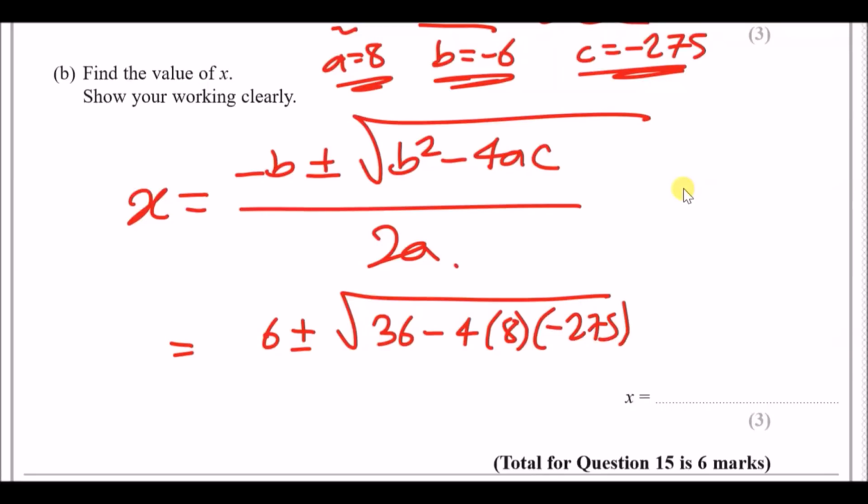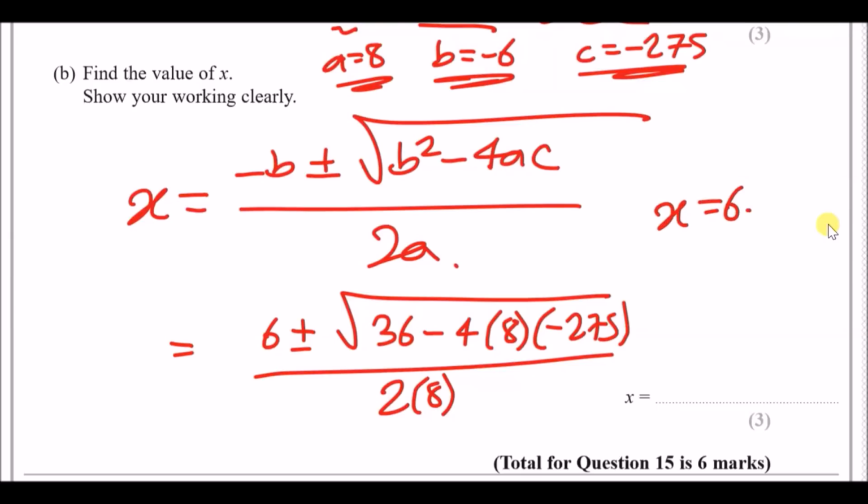So a quick note is to always wrap up your values in a bracket, yeah? Over 2 times 8. And then just, let's put this in the formula, yeah? So in your calculator, you can have 6 plus 36. And then you'll get either x equals 6.25 if you use the positive root, or if you put a minus, you're going to get